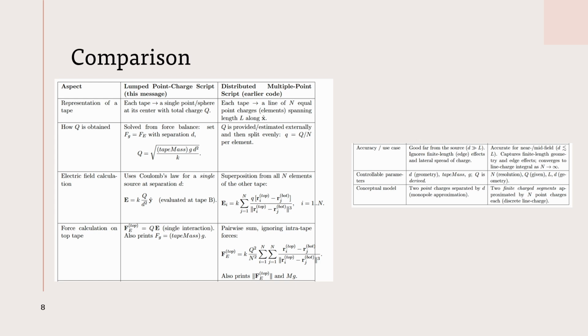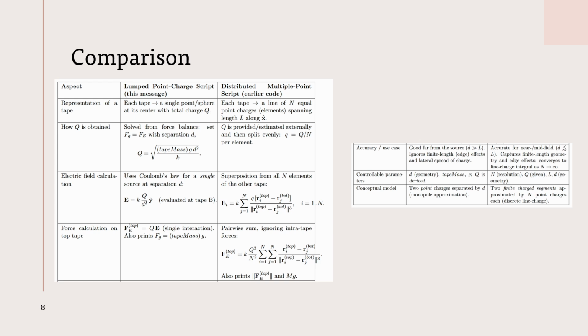Further, we're considering the electric field on each section of tape B as a superposition from all n elements of the other tape. We compute the force as a pairwise sum, and then compare the magnitude of charge needed to balance out the electrical and gravitational force, as opposed to calculating them directly